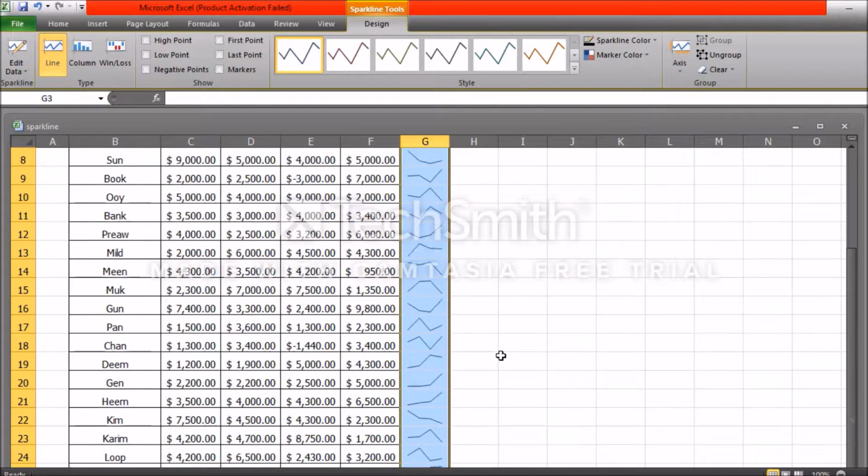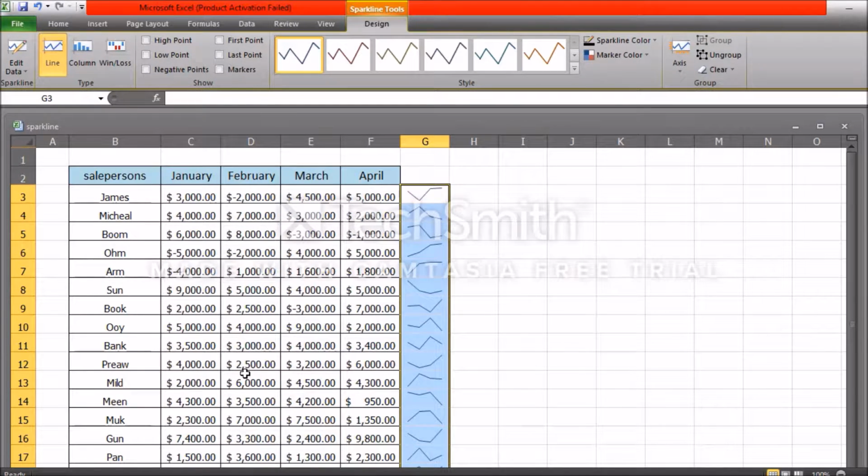Now it is easy to see whether sales are increasing or decreasing for each employee, like turning upward or turning